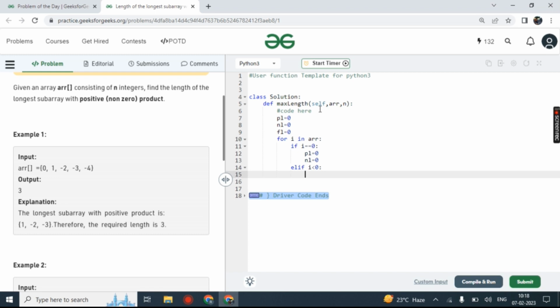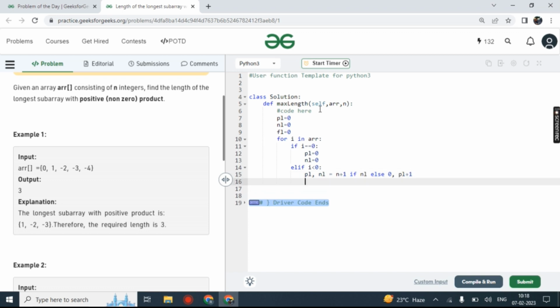And positive length will increase, because we have something in positive length, whatever that is, we just increase it and count it. So let me do pl and nl, both things. Here we are doing nl plus 1 for the negative length, but with the if condition: if nl, so it means anything is there in negative length, only then we increase by 1, else we make it 0. And for the negative length, as I said, we increase with the positive length.